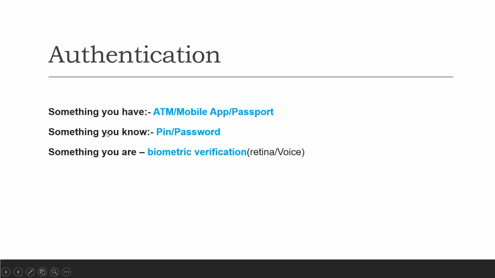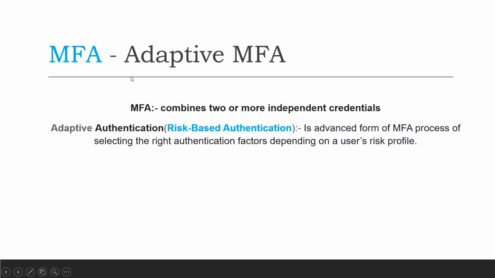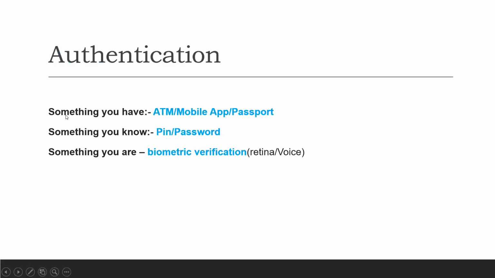And when two or more of these are being used, this is known as MFA. So MFA, and there is one more concept, adaptive MFA, we'll cover here. MFA is a combination of two or more independent credentials. So understand this: if you have a PIN and password, it is not MFA. If someone asks you to insert a PIN, then asks you to insert the password also,